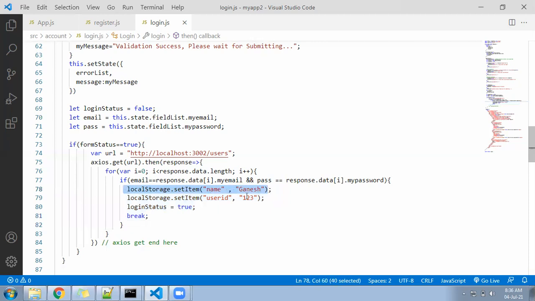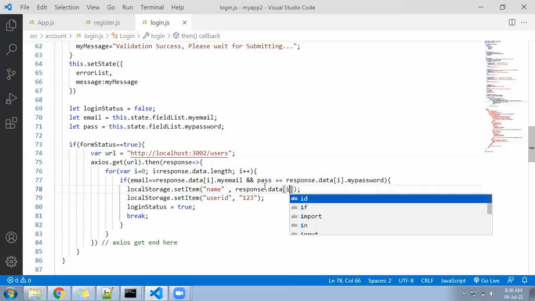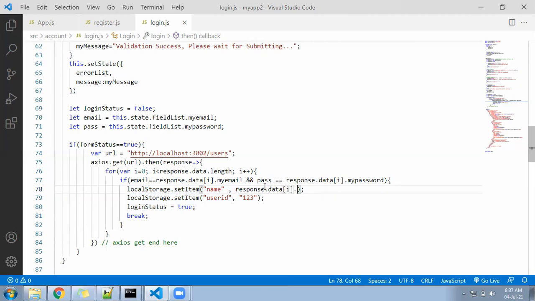Now after that, we are not going to keep Ganesh here, we are going to keep the dynamic name. So where is the dynamic name? Dynamic name is here under the response dot data in the i position, 0 1 2 position, there is one name. That is the object of your JSON file. You can see there. That will go to the local storage.